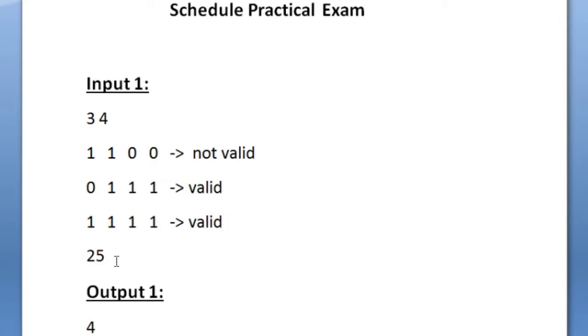So here there are 25 students. If 7 students can complete their practical examination in one batch, then 7 into 3 is equal to 21. After 3 batches, only 21 students would have completed their practical examinations. So in these 3 batches, both the laboratories would be completely used. So the 7 students would be occupying 2 laboratories. Now 25 minus 21 is equal to 4.